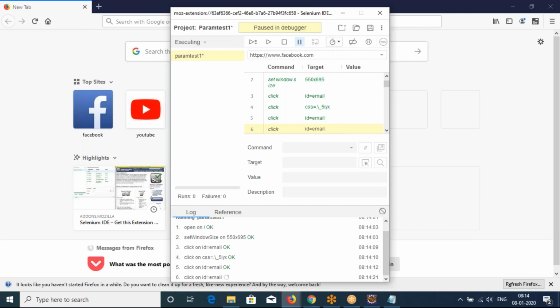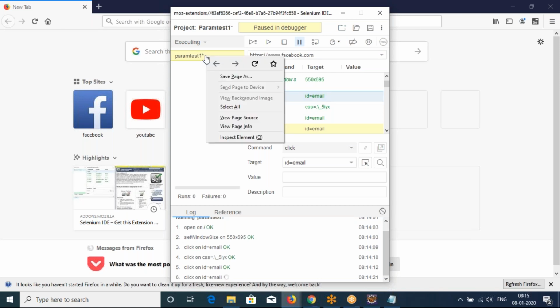These are the different options we have. They are self-explanatory.